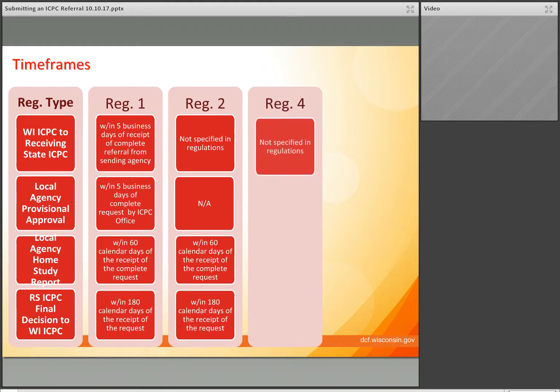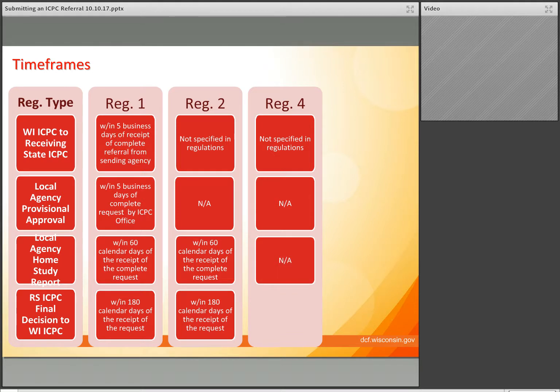For Regulation 4, there is no specified time frame for the Wisconsin ICPC office to send it to the receiving state ICPC office, but you should note that these requests are highly prioritized due to the time-sensitive nature of admission to a facility. There is no provisional approval, and there is no home study report for a Regulation 4. But final approval or denial is due from the receiving state to Wisconsin within 3 business days of the receipt